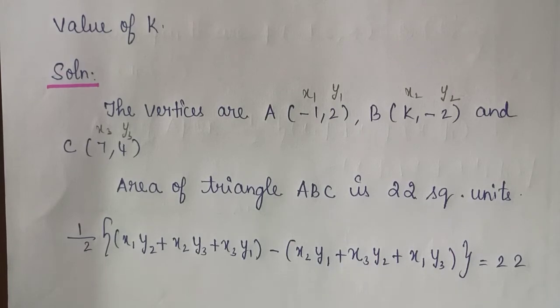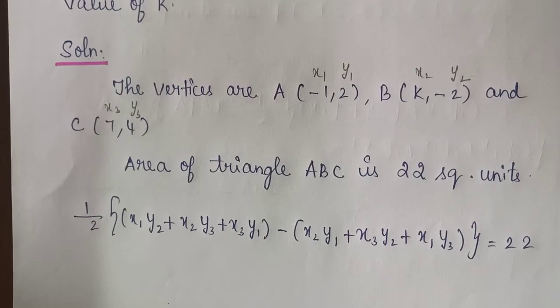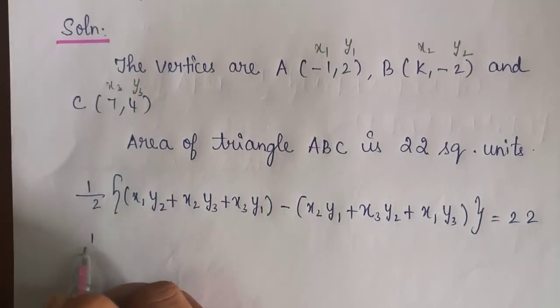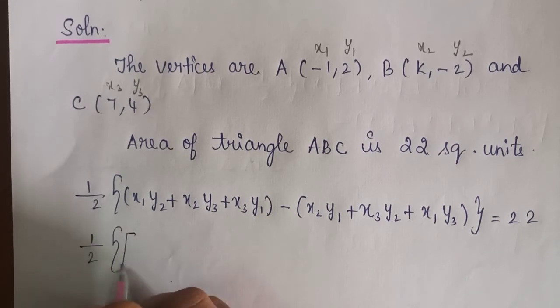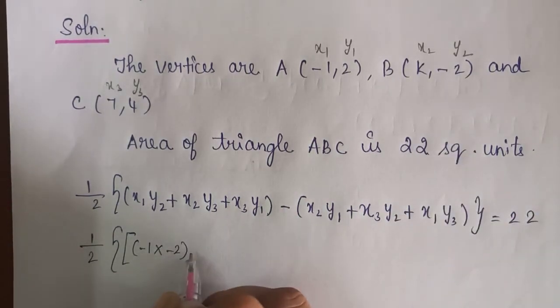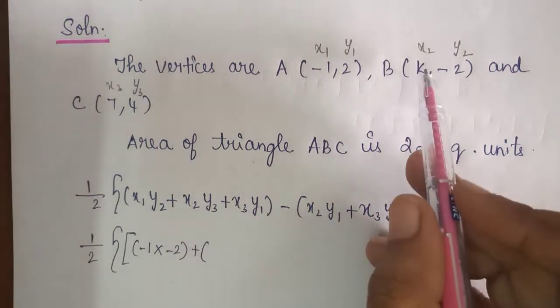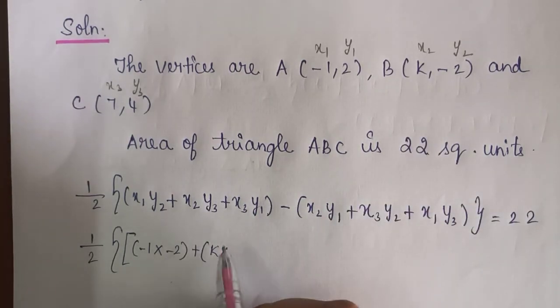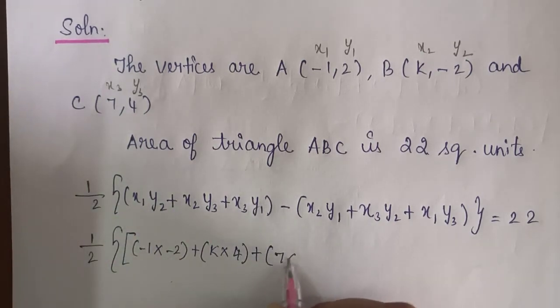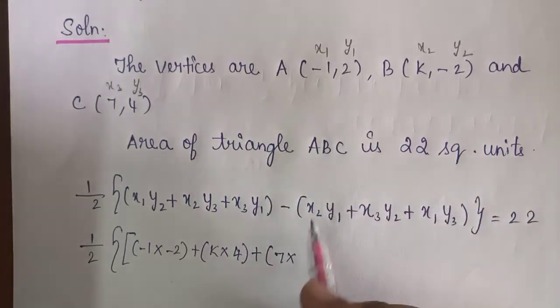Same step, you have to substitute the values of x1 y1, x2 y2 and x3 y3 in the formula. So 1 by 2 into x1 value is minus 1 into y2 is minus 2, plus x2 value is k into y3 is 4, plus x3 is 7 into y1 value is 2,